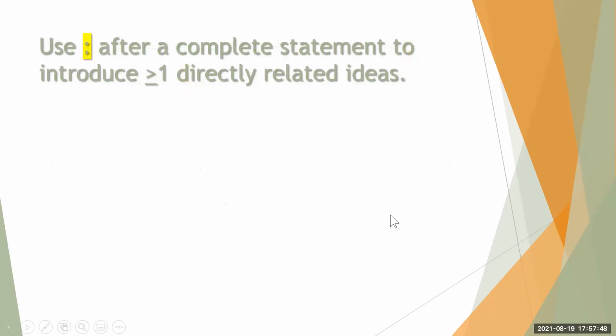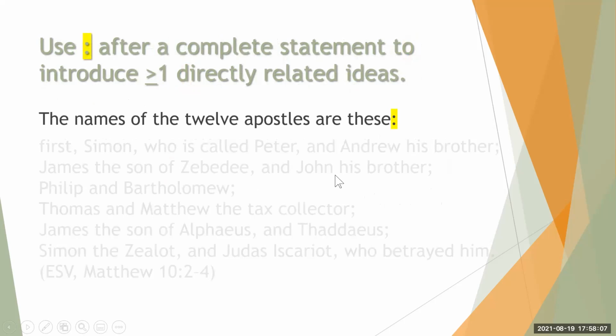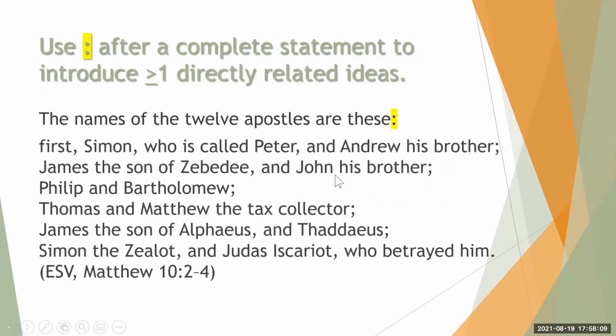Okay, so we talked about semicolons, we talked about commas, we talked about apostrophes. Now we're going to talk about the colon. So the semicolon is a dot and a comma, and the colon is two dots. We see this quite often. People use colons after a complete statement to introduce one or more directly related ideas. The names of the 12 apostles are these: Simon, called Peter, and Andrew, his brother;